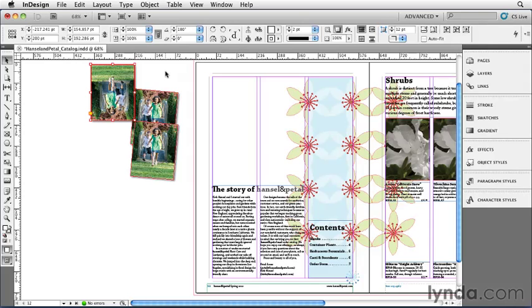Knowing more than one way to perform the same task in InDesign is helpful, not just because you can impress your friends, but because the more ways you know how to do something, the more likely you are to use the most efficient technique in any given situation, especially when under deadline.